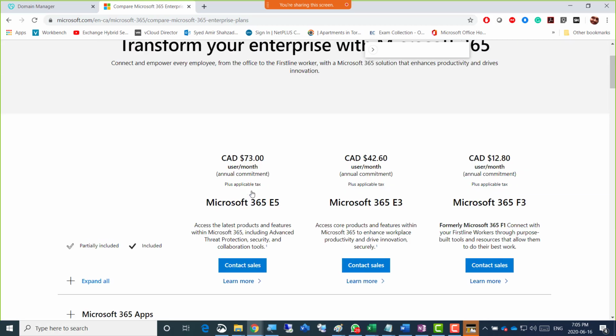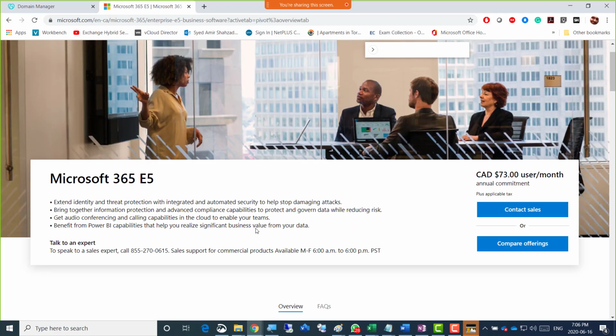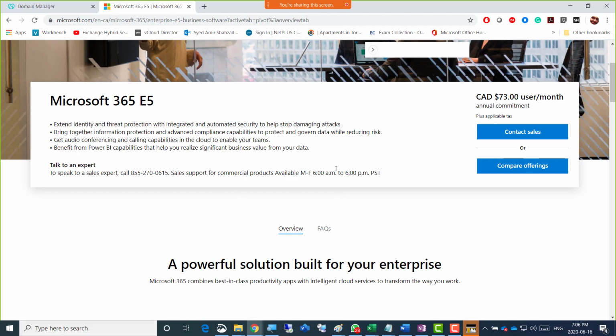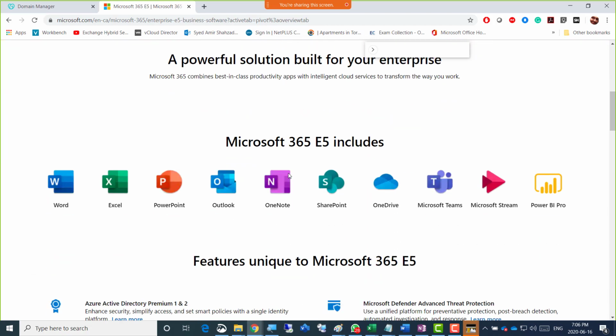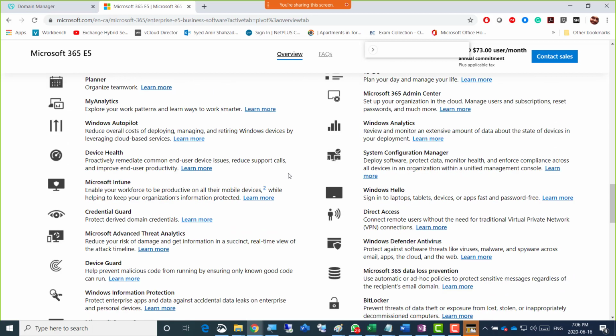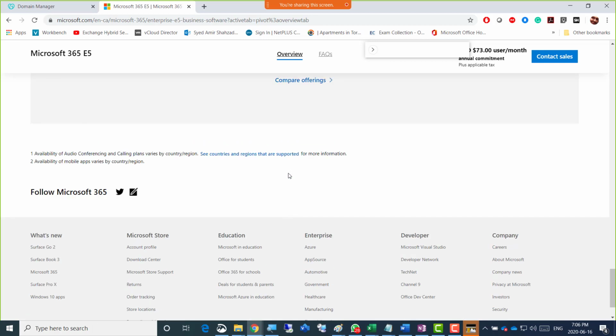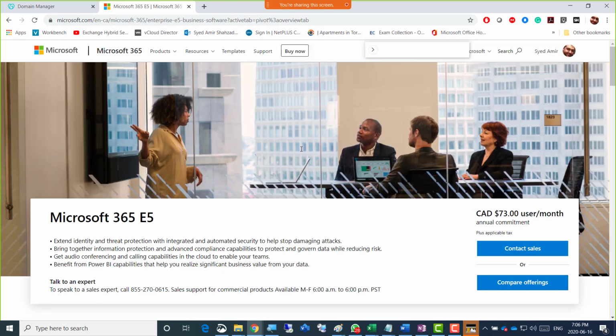And learn more. There's learn more, and there you go. So this is the page that should have compare offerings. I just need to go for trial version. Sometimes it's straightforward, and sometimes it just takes us to contact details, compare offerings. You kidding me?